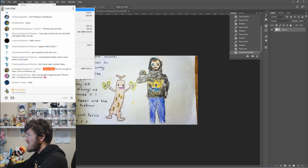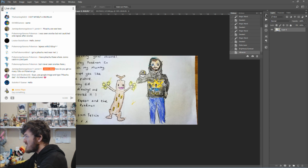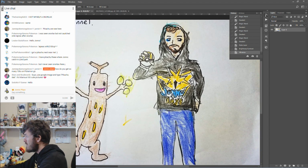Now I'm going to go image adjustments, take up my vibrance and my saturation. So there goes my saturation a little bit. I'm going to take it all the way up just to see what I have. And you notice when I go all the way up, there is a lot of yellow in my paper, a ton of yellow in my paper. That has to do with the color of the light that I'm using. I'm also going to turn up my vibrance just a little bit too, but I'm starting to think that maybe I did not do the best isolation on this, or the best photo on this,